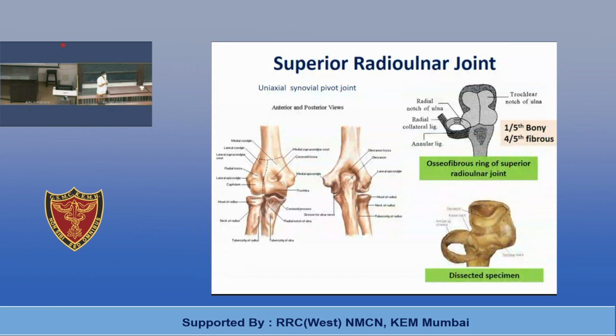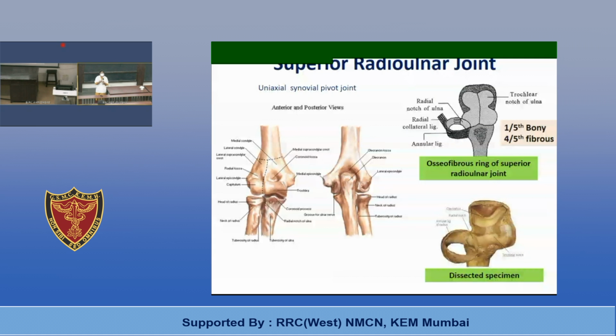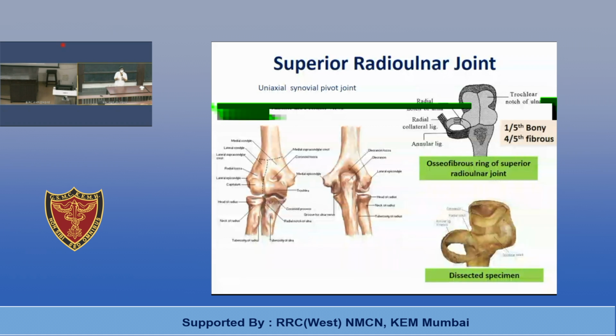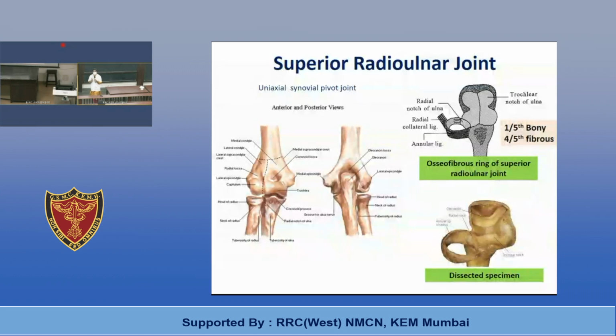There will be some exceptions. For example, in case of shoulder joint, the head of humerus provides attachment to fibrous capsule all along its peripheral margin except inferiorly where it extends near about 1 centimeter. That's why there is laxity of capsule inferiorly, making it prone for inferior dislocation of the shoulder joint. So there will be few exceptions, but the standard description is along peripheral margin of the articulating surfaces. That is, if you are holding humerus, the smooth surface which you are showing that will articulate with the glenoid fossa, the peripheral margin of that smooth surface will be giving attachment to fibrous capsule of the shoulder joint.